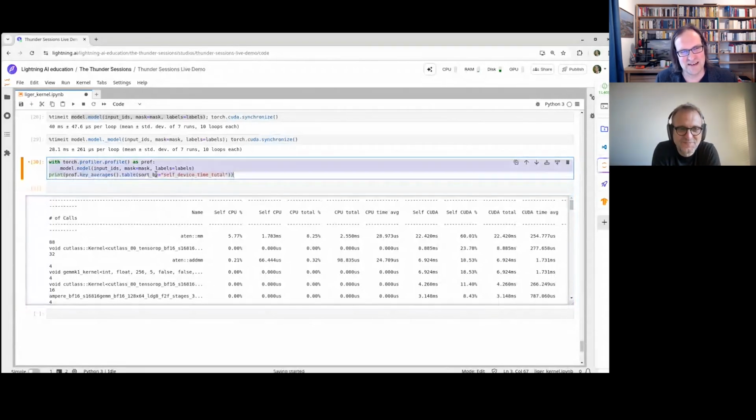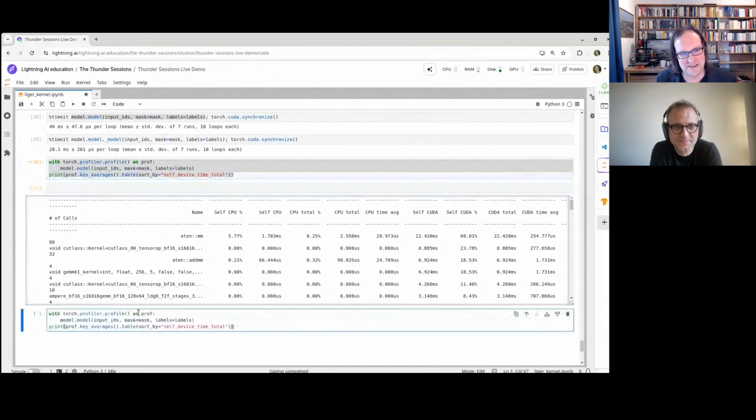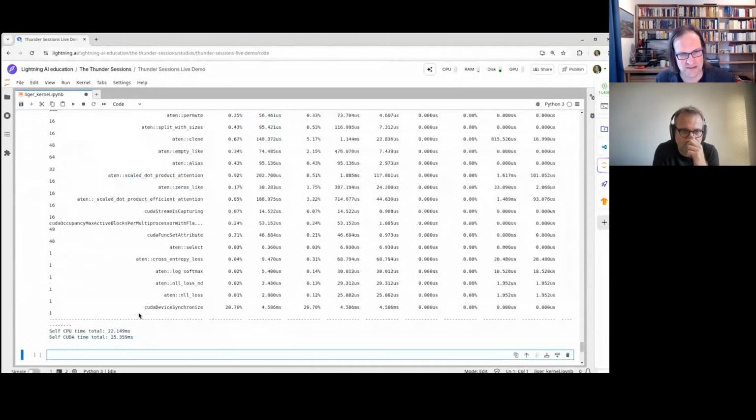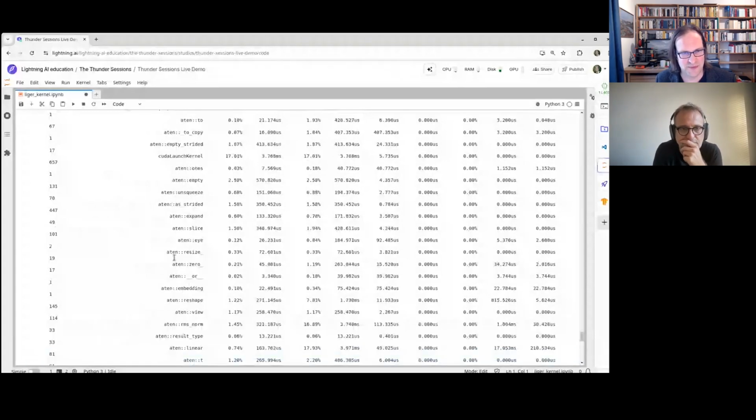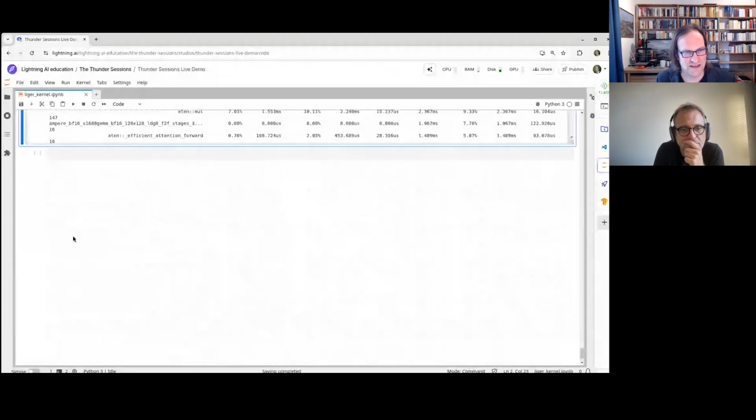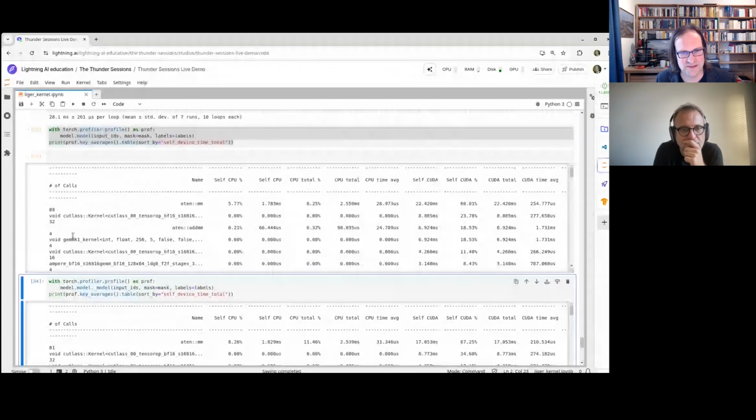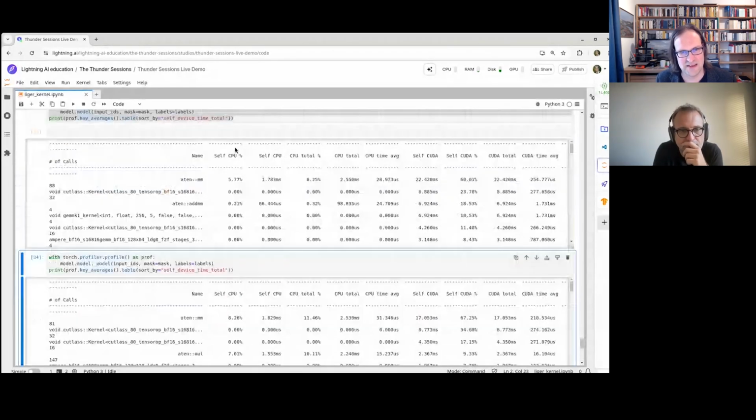So in order to get a view of what's going on, let's compare this to the original model, the one that was not compiled. And what we see is, it's a lot of kernels.